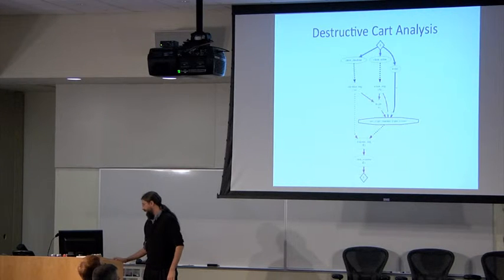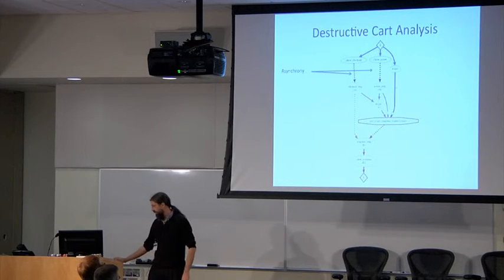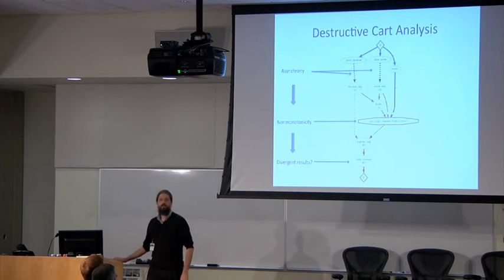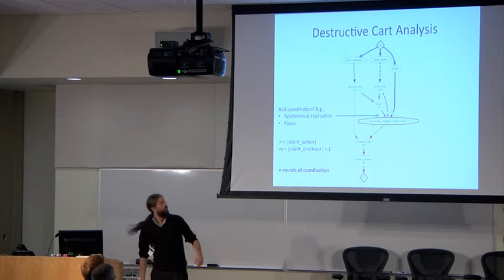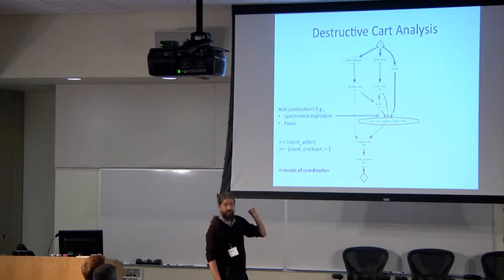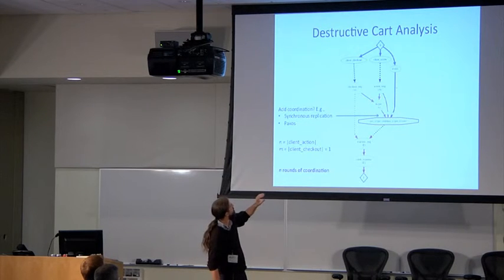Okay? And our tools tell us, well, gee, there's asynchrony, right? And then there's non-monotonicity. And so our results are divergent. What do we do? Well, let's say we choose the conservative route. We're acid heads. We're going to put 2PC in there. We're going to put Paxos in there. Or we're going to put synchronous replication in there. We're going to interpose in our data flow. And we can synthesize it for you, actually. It won't be the most performant coordination, but we can synthesize something for you in the flavor of 2PC.